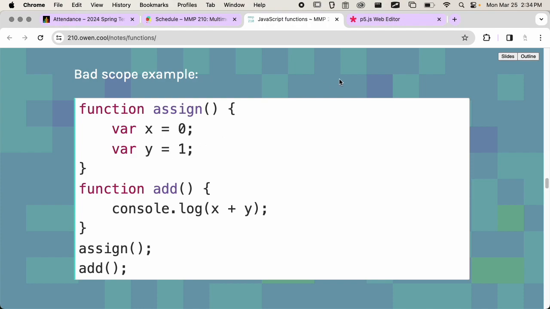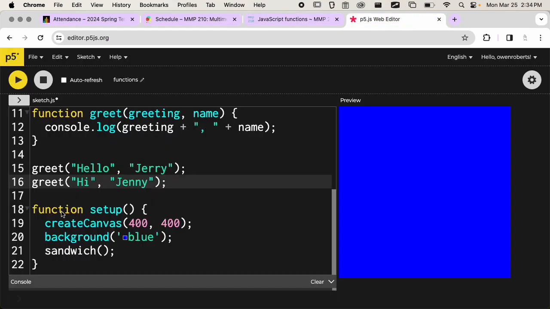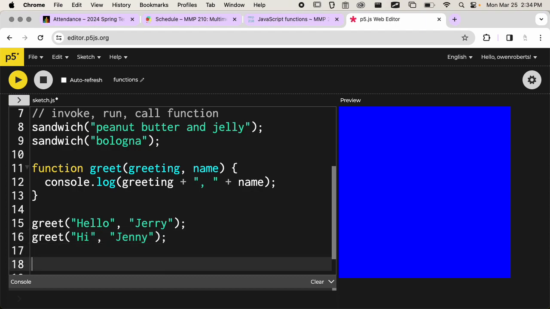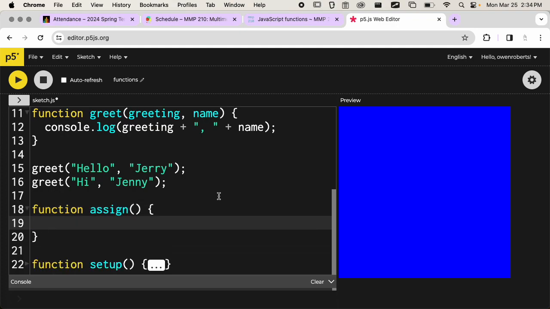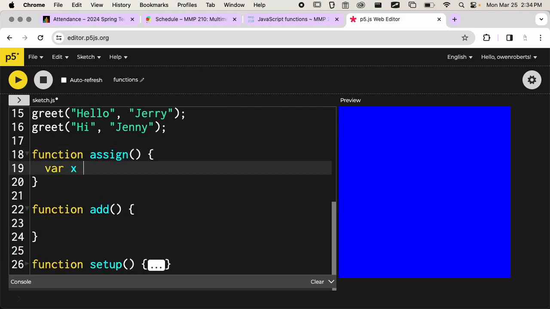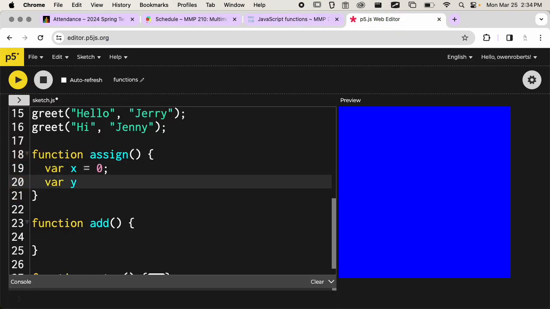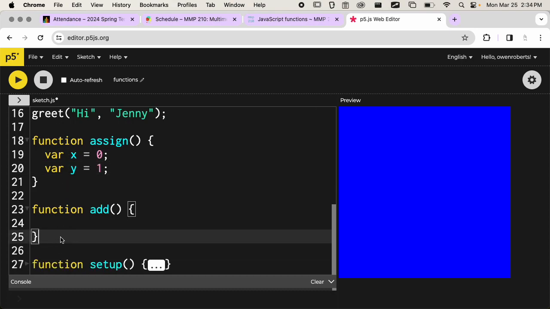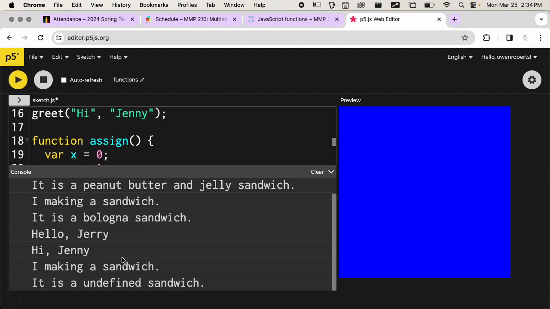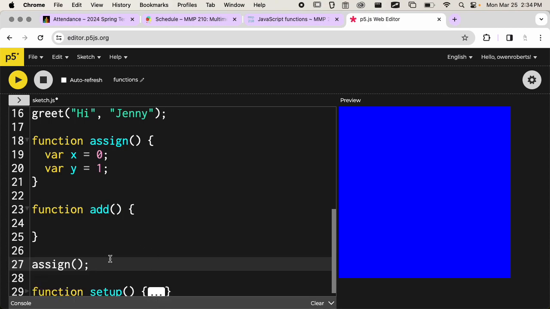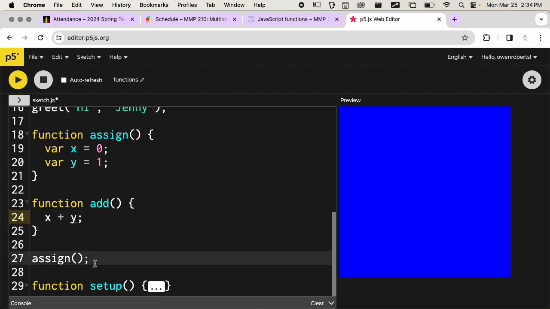So this is an example of some code that's going to give us an error. So I'll put this down here. I have a couple of functions. One is assign, and the other is add. In assign, I'm going to create a variable x, and I'm going to set it equal to 0. And I'm going to create a variable called y and set that equal to 1. So I can call assign, no problem. I'm not going to get an error. We see all the other stuff that we've done, but we don't see any errors. Everything's fine. But now in add, if I say x plus y, and I try to run that function,